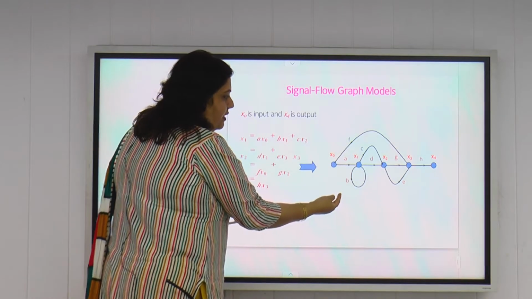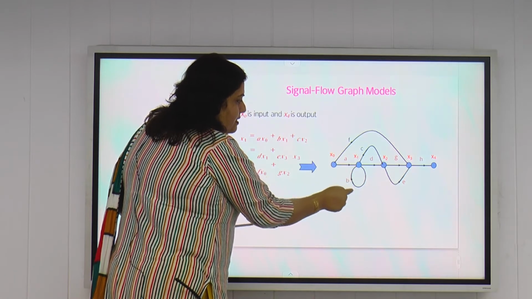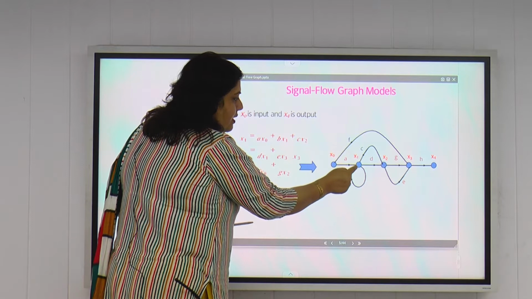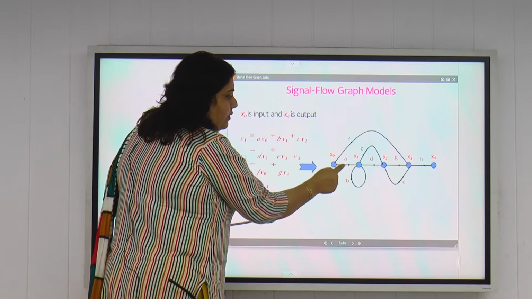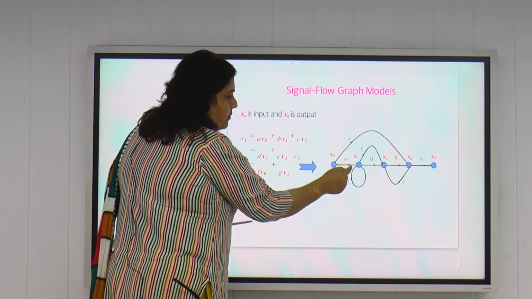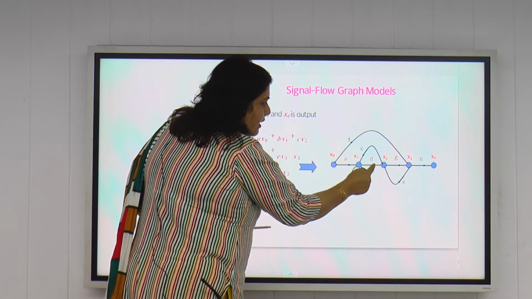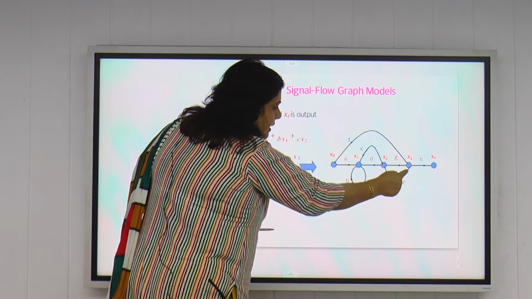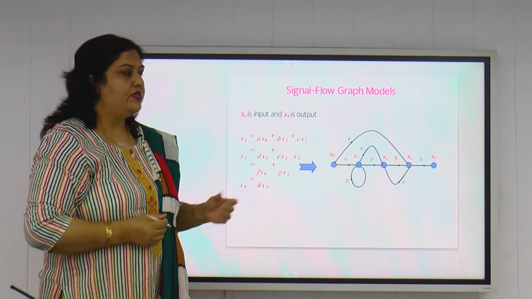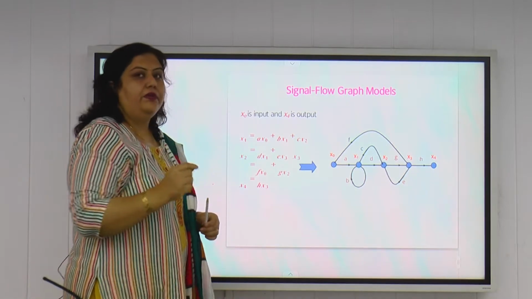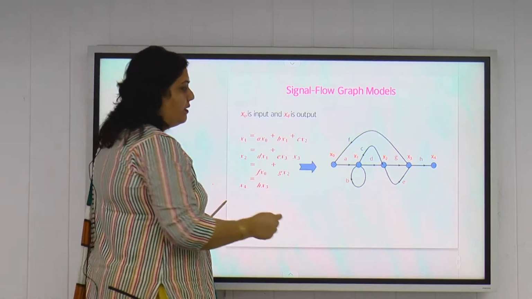So with the help of this signal flow graph, we can see here, what is x1 here? For x1, we have two branches that end at this x1 node. So x1 is equal to a into x0 plus b into x1. Similarly, if we see x2 here, x2 is d into x1 plus e into x3. So this is how we can represent the simultaneous equations using the signal flow graph. Each and every input and output is represented by a single node, and the gain is represented on the branch with the help of the arrow.